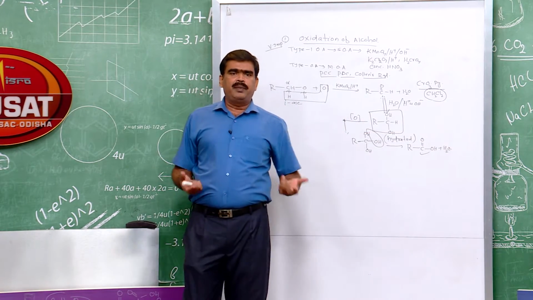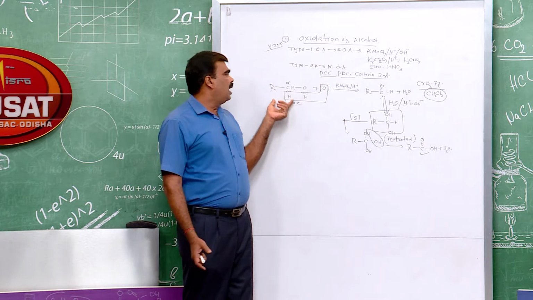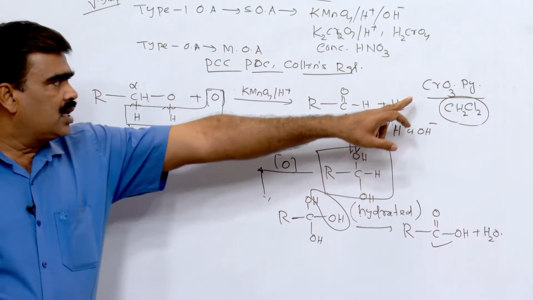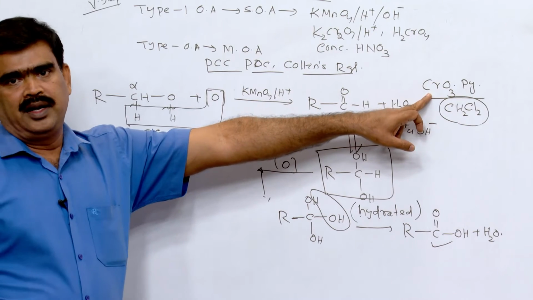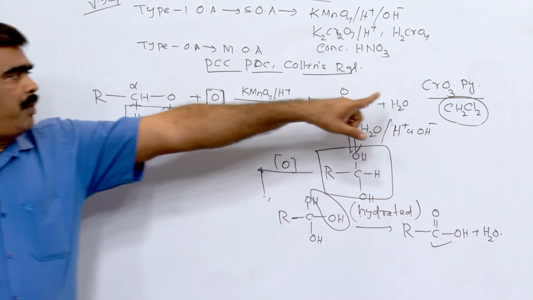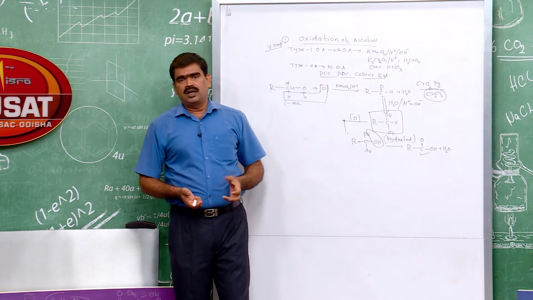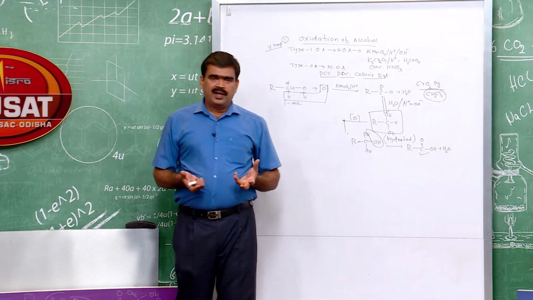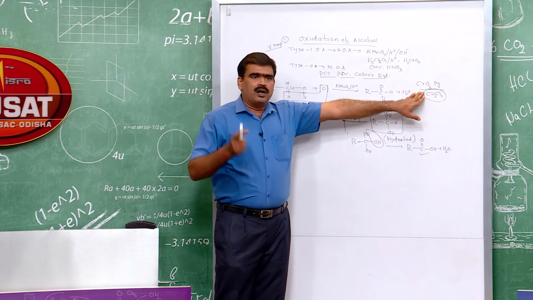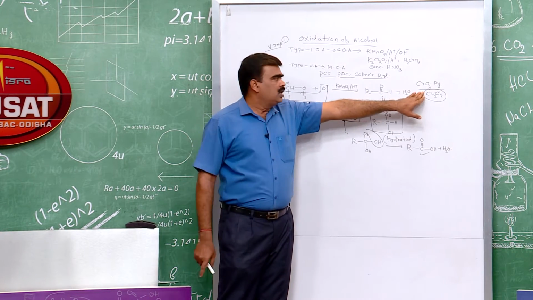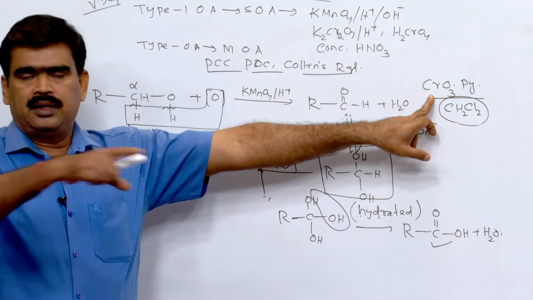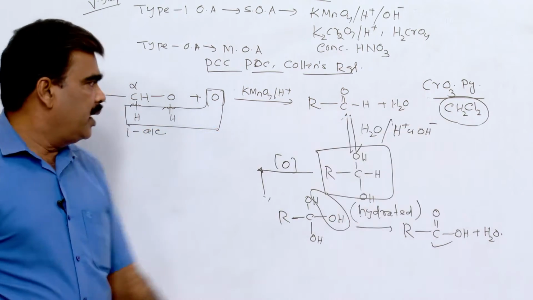Collins reagent, PCC or PDC, problem is solved, means primary alcohol gives you aldehyde because we want only aldehyde. But the thing is that it is chromium metal, it is also toxic, ये टॉक्सिक मेटल है, टॉक्सिक कंपाउंड, और आप जानते हैं कि टॉक्सिक कंपाउंड के साथ काम करना कितना खतरनाक होता है। It will be also equally dangerous for the workers and also equally dangerous for the compound because it will make the product poisonous, ठीक है।